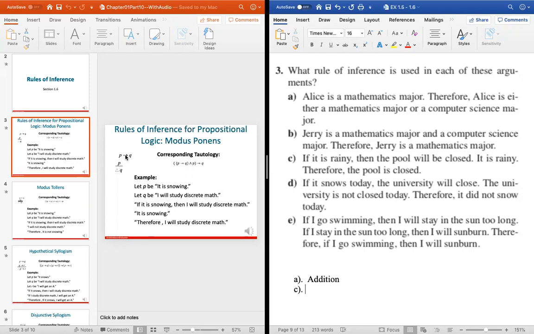Okay, so we have this: if it is rainy, then the pool will be closed. So let's, if it is raining, be represented by P, the pool will be closed, represented by Q. And then we're saying it is rainy, we are asserting that it is raining, so this P here, therefore the pool is closed, hence this Q. Okay, so modus ponens. So P,